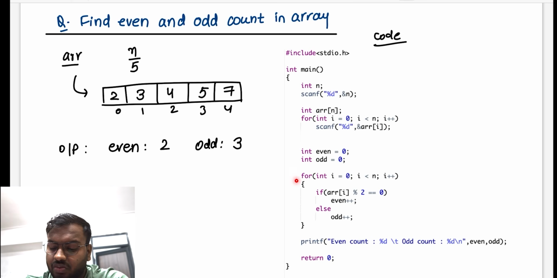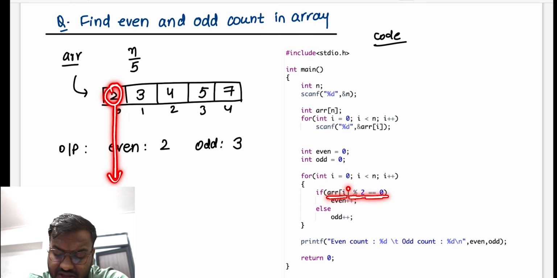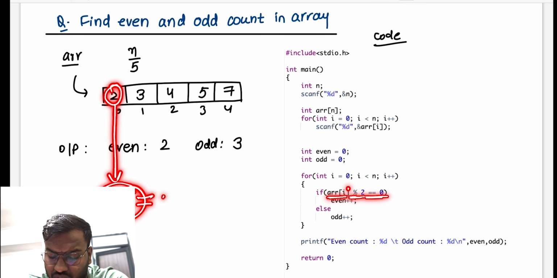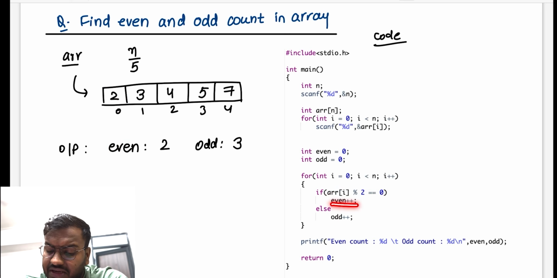Then after, what you will do, you will traverse the whole array. See, I am starting from 0 and I am traversing till n minus 1. So I am traversing the whole array. And then after, I have an if condition. If array of i modulus 2 equals to 0, means I will check the current number, is it divisible by 2, is the modulo 2 equals to 0, and if it is true, I will increase the even